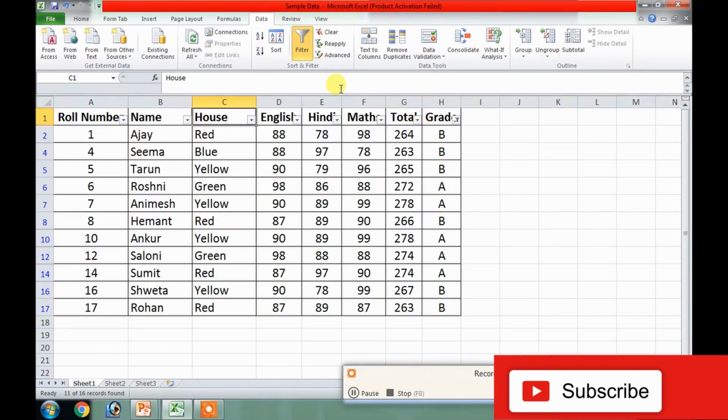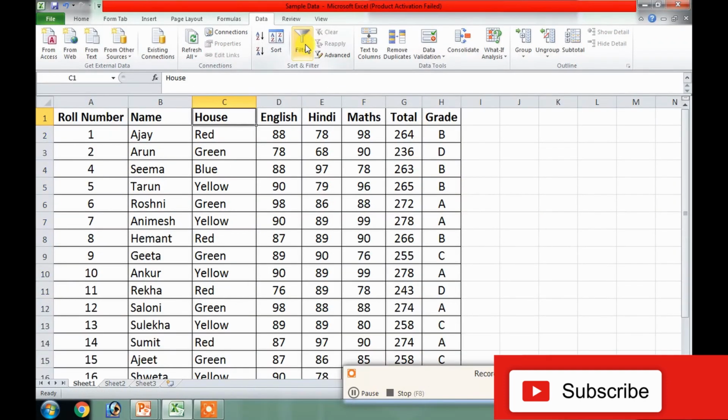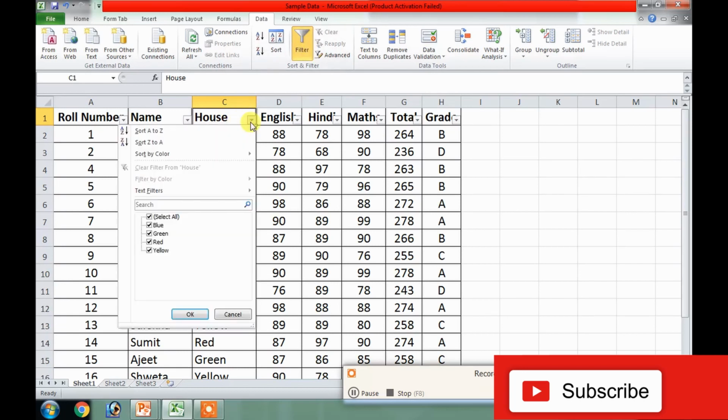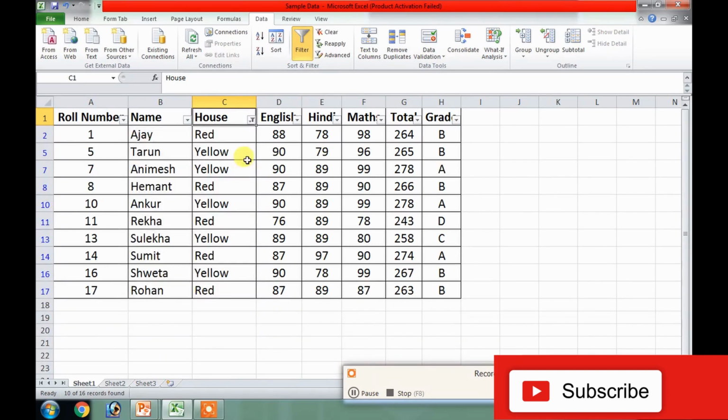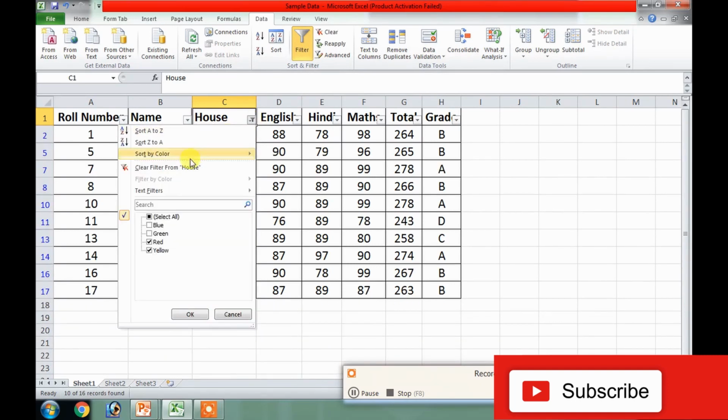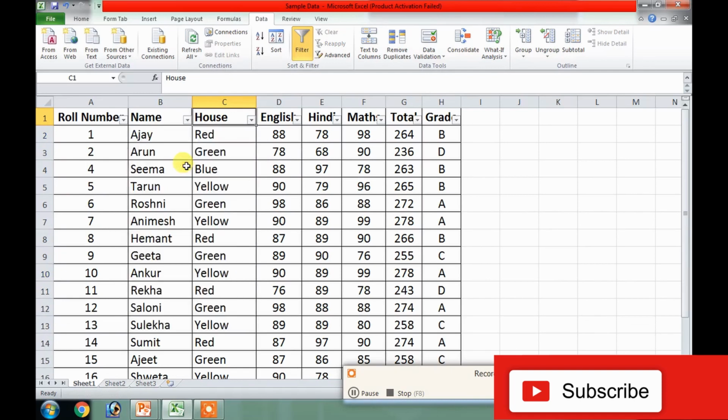For deactivating the filter, we click here once again, and the filter icon is gone and there is no filter right now. If the filter is still working, here also we have an option of Clear Filter, which we can choose to unfilter the data.